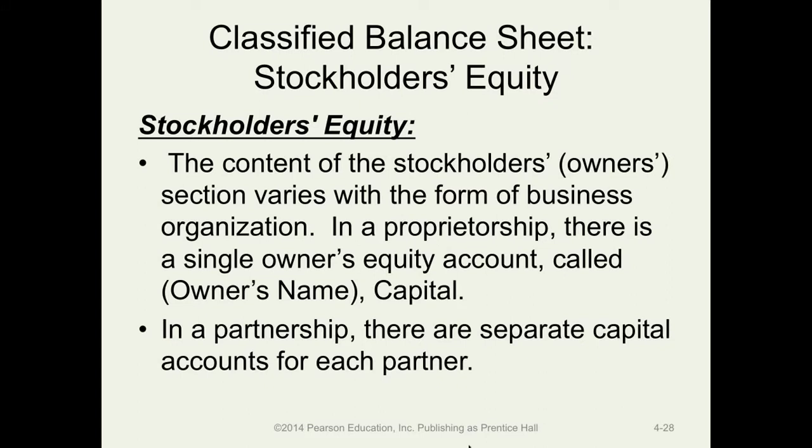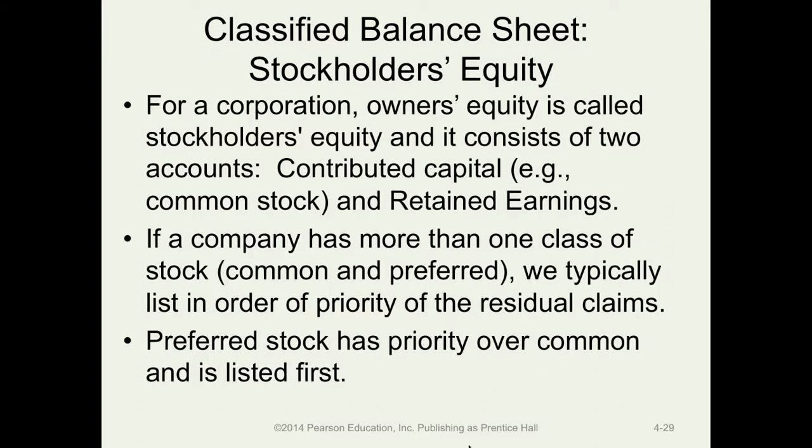In a proprietorship and a partnership, the capital accounts are listed in the name of the individual. So it's the owner's name, comma, and capital. Unlike a corporation, where the owner's equity is called stockholders' equity, and it is divided into 2 main sections: contributed